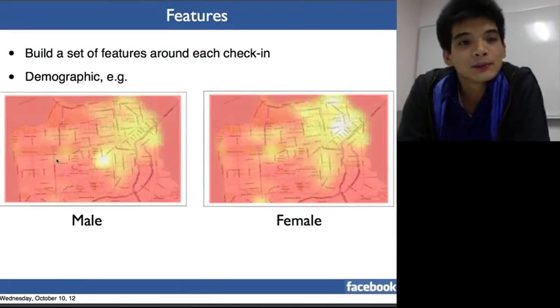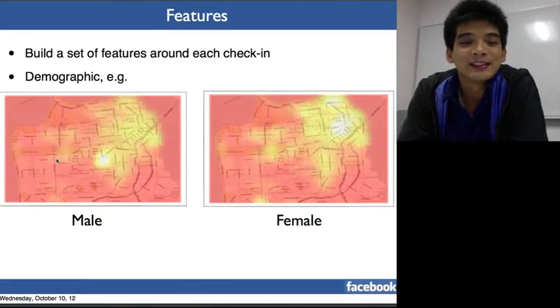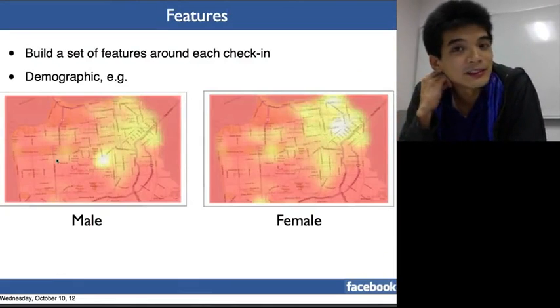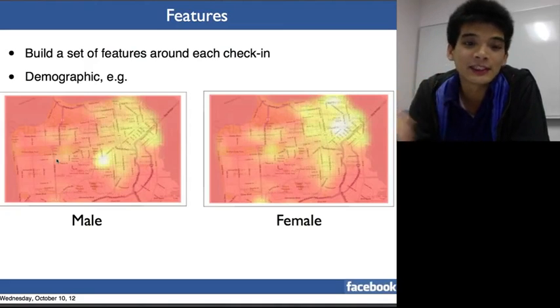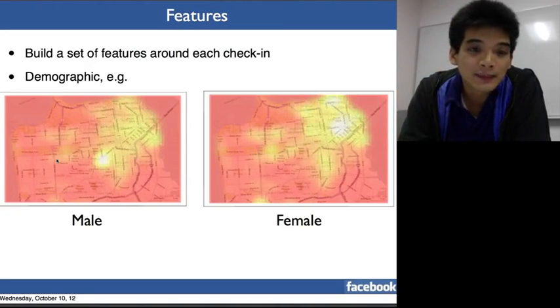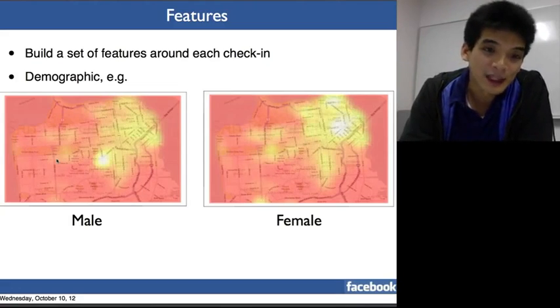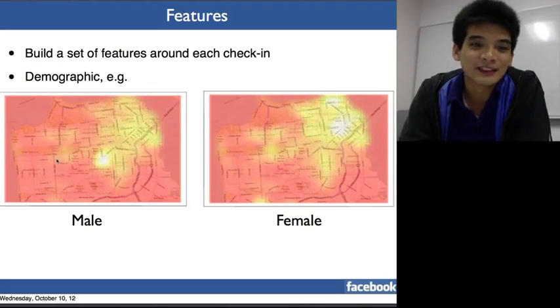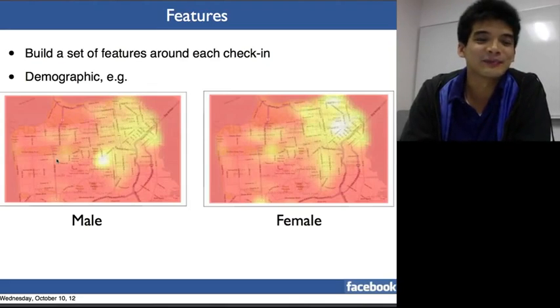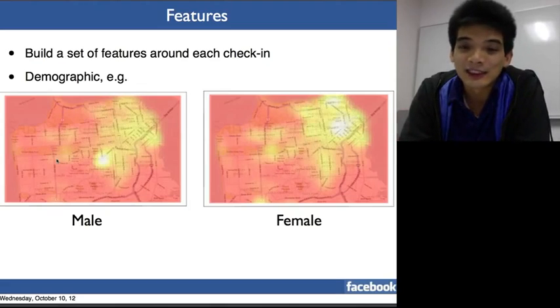So just to show some more pretty pictures, some of the other features we used around predicting check-ins was first demographics. So here in this heat map, lighter areas mean more check-in activity. If you're familiar with San Francisco, this is a map of the various neighborhoods, and we see that males typically check into the Castro district, which is a very gay-heavy area of San Francisco, whereas the females tend to check in